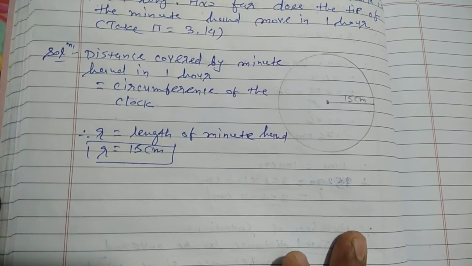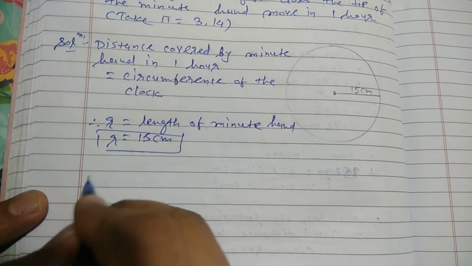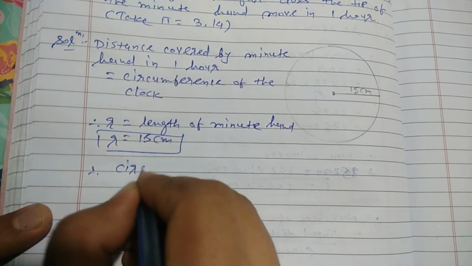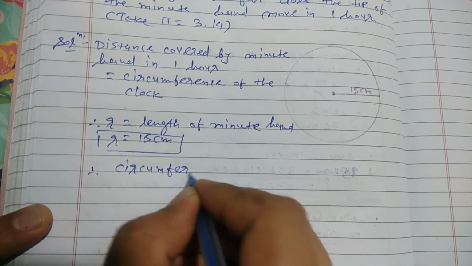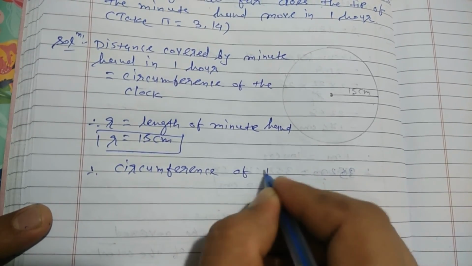So radius we have found, that is 15 centimeter, and therefore circumference of the clock